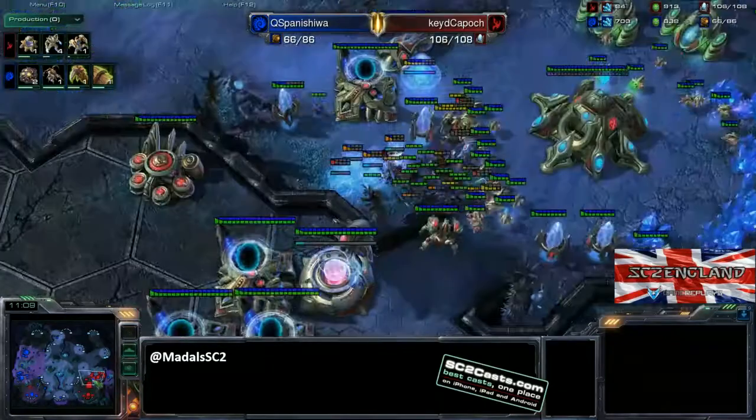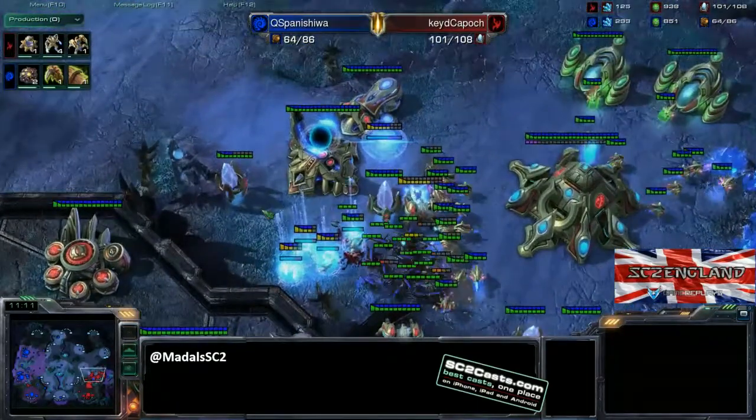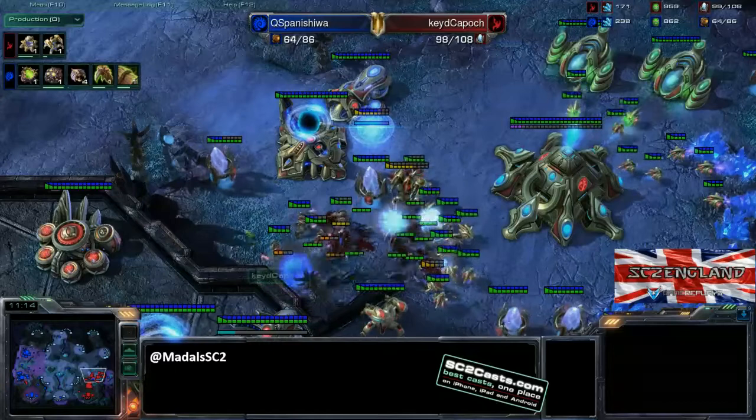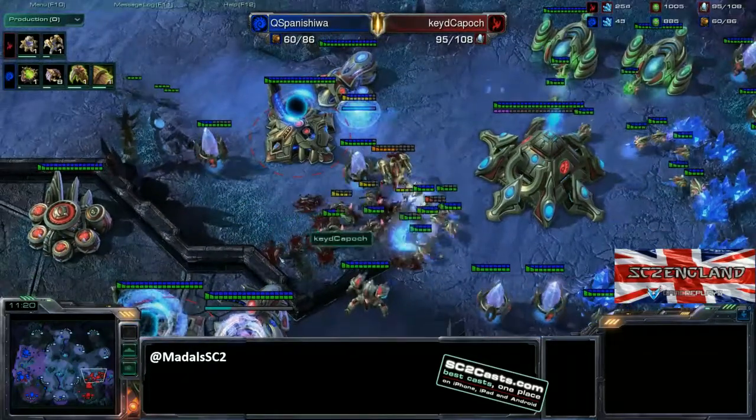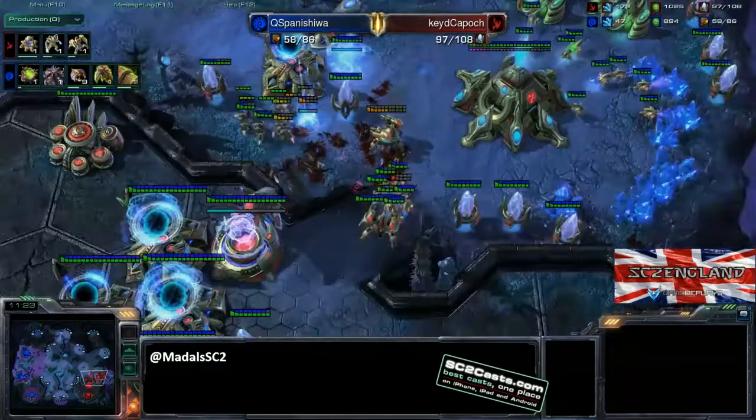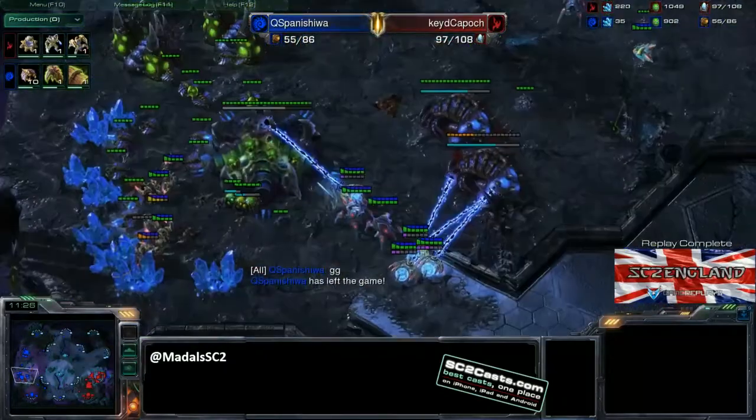Looking back at Spanishiwa's base, the Probe player is doing some good damage there, but as you can see, huge damage being done by Spanishiwa here, but he is behind in the supply count, and of course with that next warp in of Zealots, it looks like Capoch is going to hold that really quite comfortably,